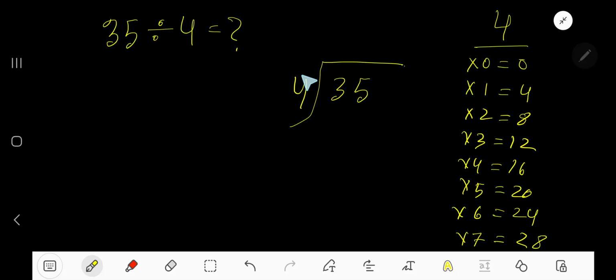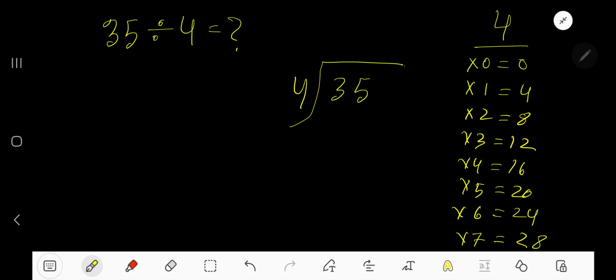35 divided by 4. Here 4 is a divisor, so we need the multiplication table of 4. 4 times 0 is 0, 4 times 1 is 4, 4 times 2 is 8, 4 times 3 is 12, 4 times 4 is 16, 4 times 5 is 20. To find the multiplication table of 4, just add 4 to the previous step. 0 plus 4 is 4, 4 plus 4 is 8, 8 plus 4 is 12, 12 plus 4 is 16, 16 plus 4 is 20,